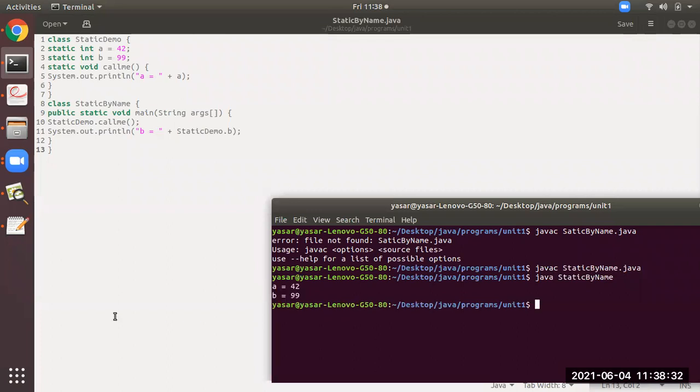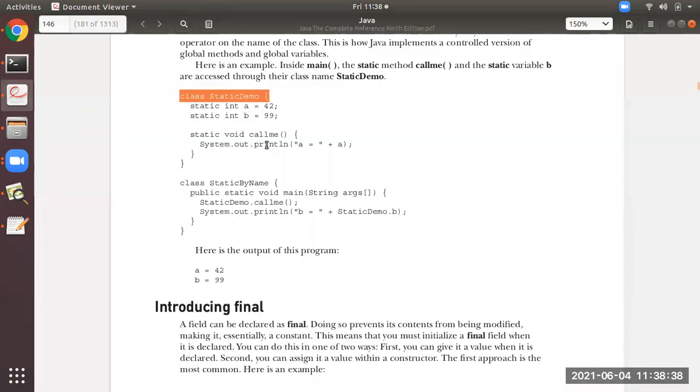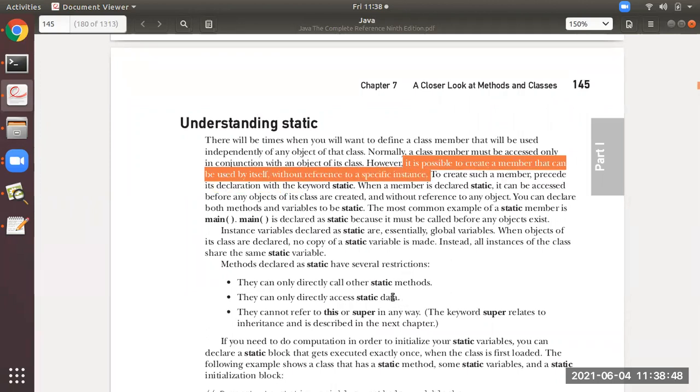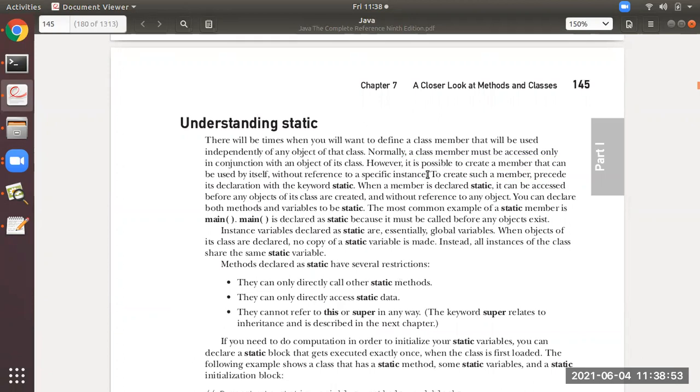This is done. Now students, see the point which I highlighted. It is possible to create a member that can be used by itself without reference to a specific instance. To create such a member, precede its declaration by static.